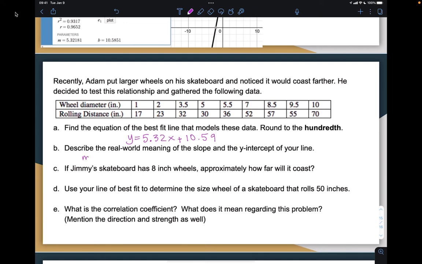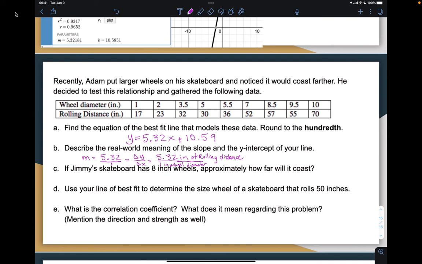Okay, our slope m is 5.32. Sometimes I like to put it over 1 to remind me. 5.32 is change in y over change in x. So that means for every 1 inch in wheel diameter, it will roll 5.32 inches. Inches of rolling distance. So for every 1 inch of wheel diameter, your skateboard will roll